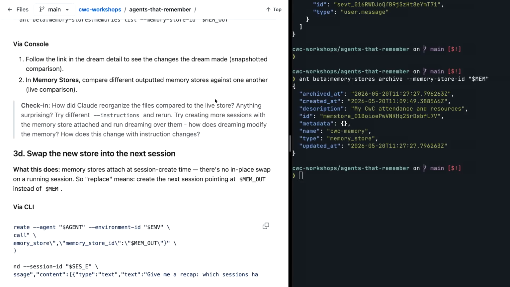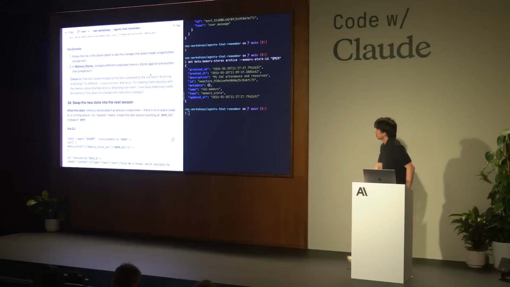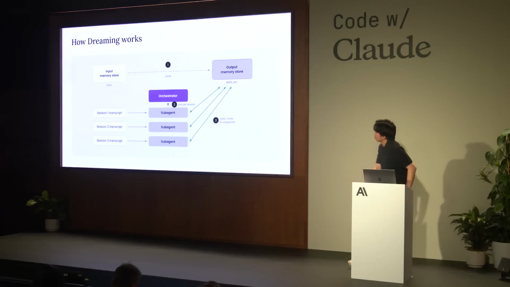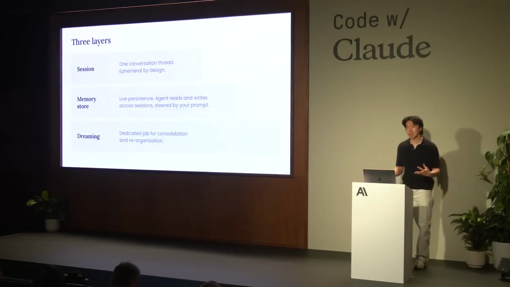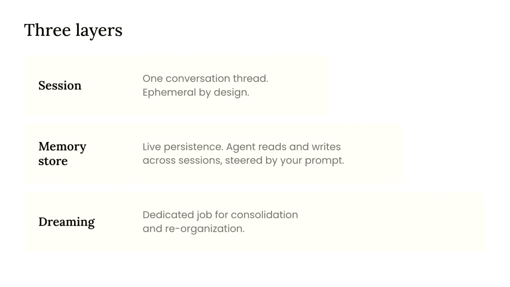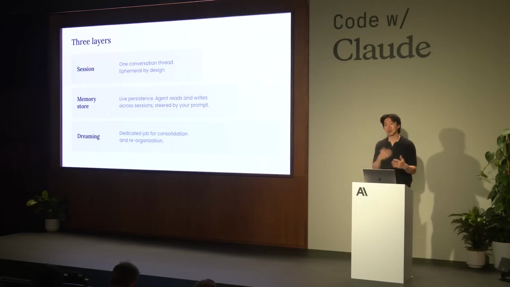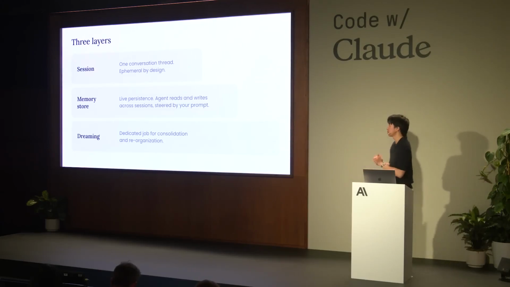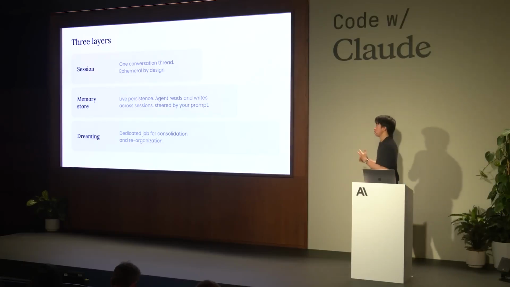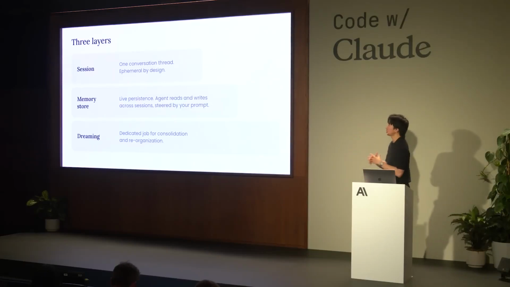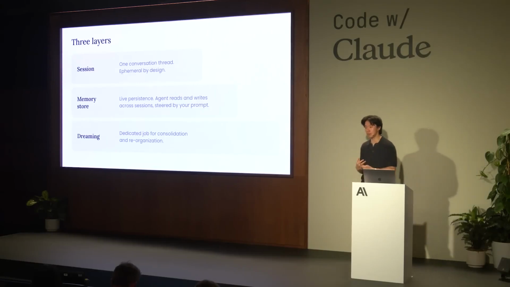Great, so I'm going to switch back to the slides here and talk a little about how you can view sessions, memory stores, and dreaming as three composable layers. If you think of a session as an isolated instance of an agent running, it's typically one conversation thread, typically ephemeral, right? A memory store augments that, so now you can connect information across multiple sessions, right? And then finally, with dreaming, you're organizing, enriching, and improving your memory stores over time